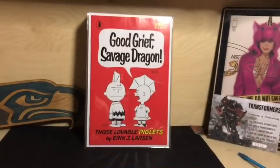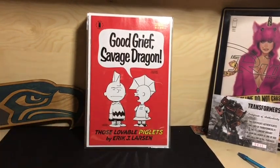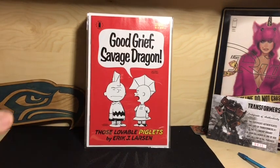All right. This is Savage Dragon 252. This is the 2nd printing. I just love the nostalgia of this Peanuts cover. I remember reading the newspaper funnies when I was young. And if you haven't seen the interior, it has that nostalgic feel to it as well, with a lot of the Sunday funnies